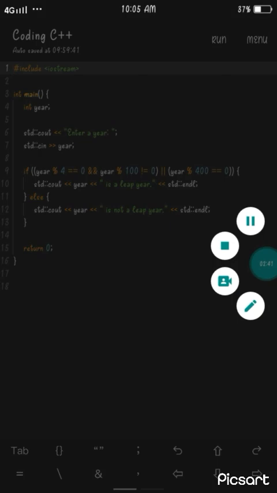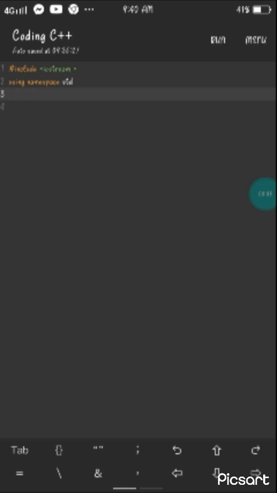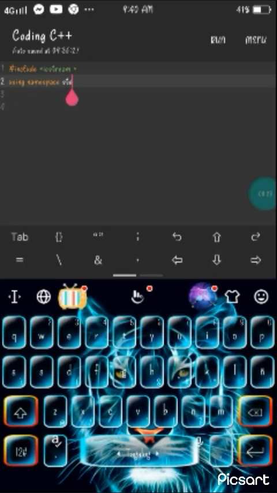Write a program to find the sum of natural numbers up to a given limit. Certainly, here's a program to find the sum of natural numbers up to a given limit. #include <iostream>. using namespace std;